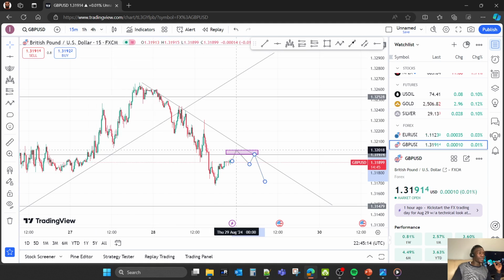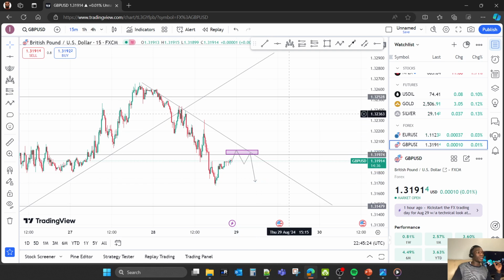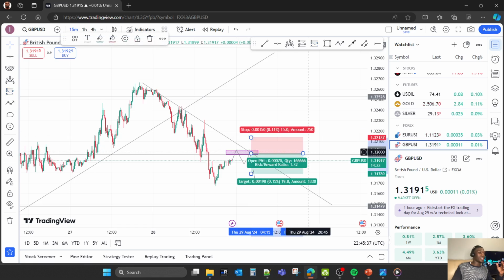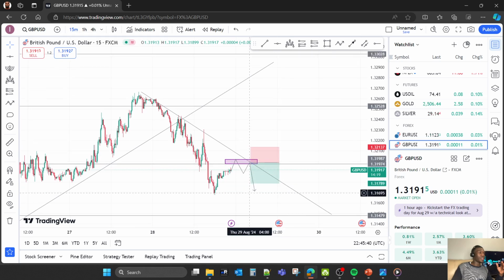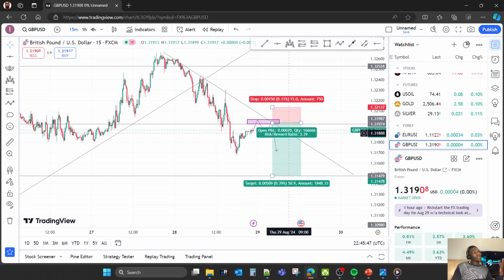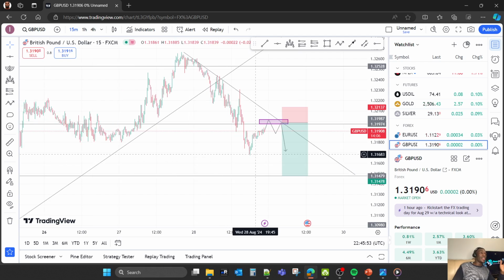Okay, this is what I want to see on this. Then I'm gonna do a short position. I'm gonna be expecting a sell from this point. So my stop loss will be just above here, and then my take profit back to this horizontal line. So yeah, that's what I'm actually waiting for at the moment. So this is how I use my tools whenever I'm trading on GBP USD